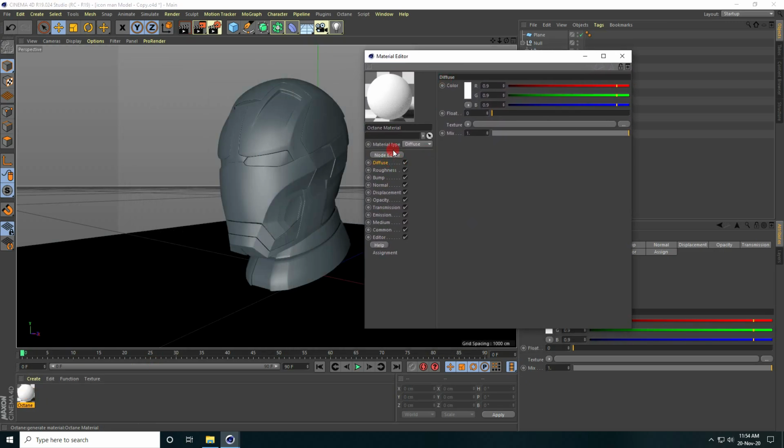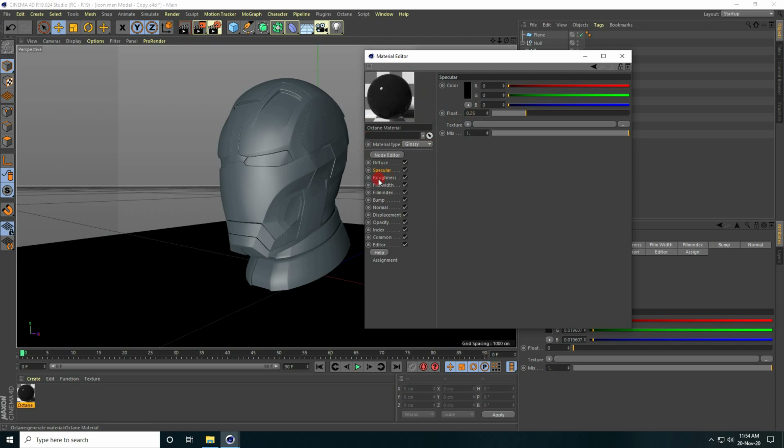So guys, go to here and use glossy. I create glossy material and diffuse. That's my color, I take dark gray color. See, that's my gray color. And now I go to specular and change specular strength to like 0.25.